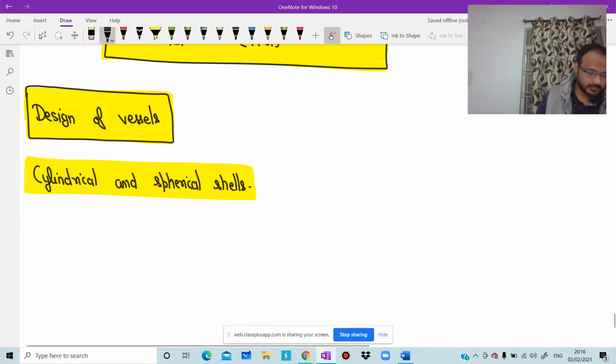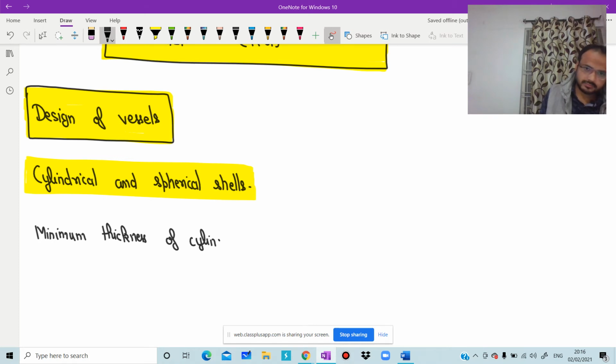Minimum thickness. Minimum thickness of cylindrical shell is given by